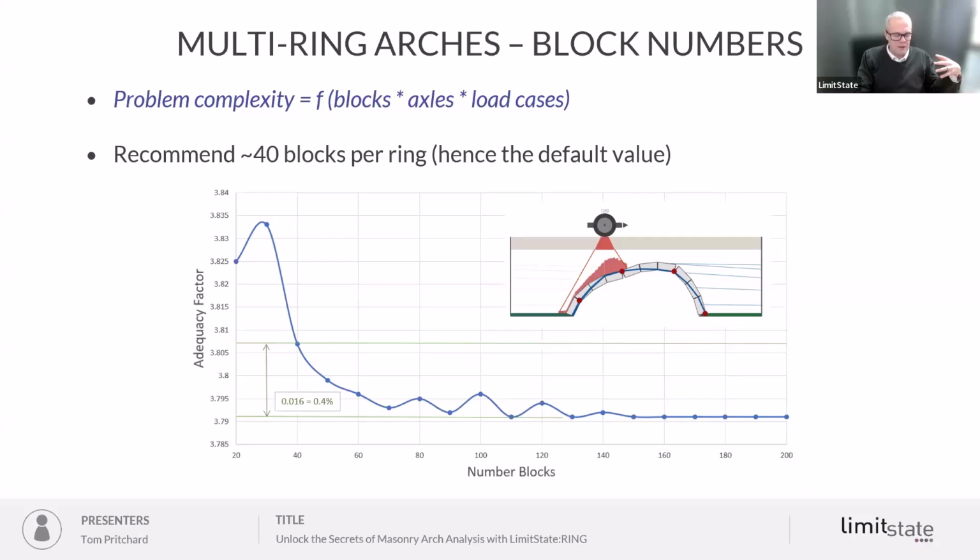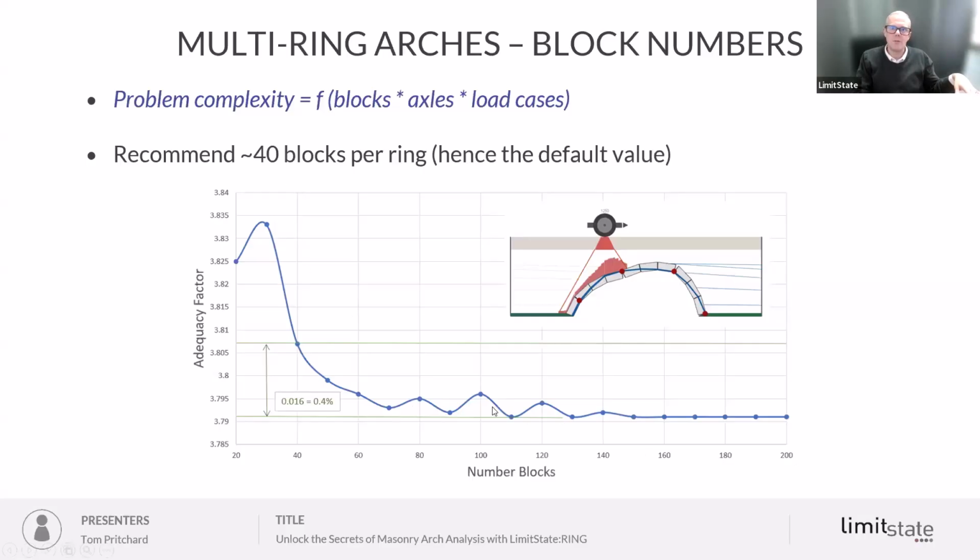So if we can keep that as low as possible while still being accurate, that will allow us to solve them very quickly and efficiently. By default, RING uses 40 blocks per ring, which we've found provides a good balance between computational efficiency and solution accuracy. And so you can see in the figure here, we've got adequacy factor versus number of blocks, and